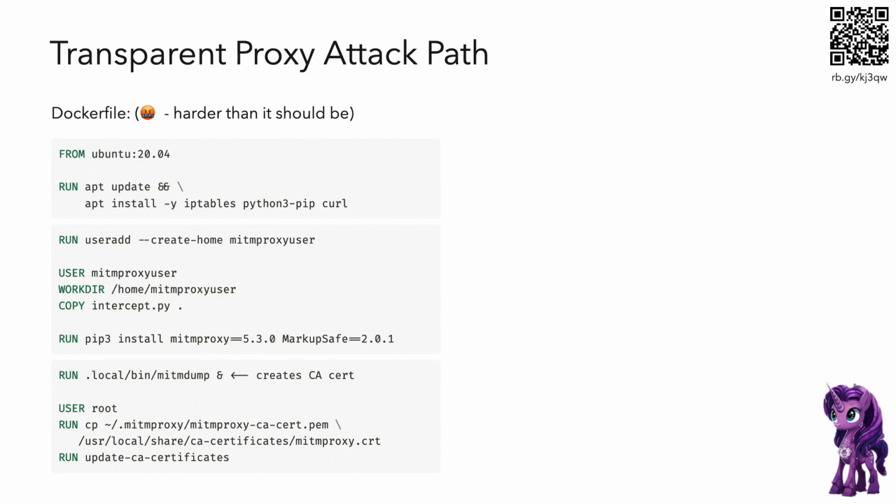Cool. And then you've got this kind of chicken and egg problem. The person in the middle proxy needs a certificate authority certificate that you can go install and trust. But how do you get it before you've run it? So this is my hack to go, hey, let's just go run that thing real fast. And that'll create a cert. Switch over to the root, grab this cert, stick it in a good location for that, and then say to the operating system, okay, update the CA certificates.